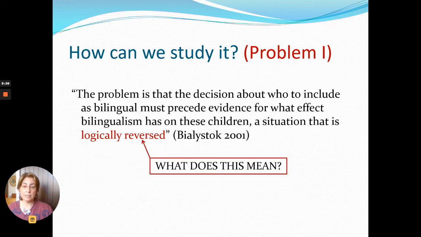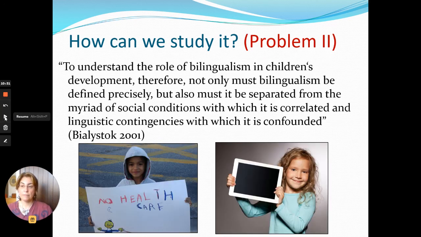What does that mean? That means that you are studying whether multilingualism has any effect on people. But first, you have to characterize the people that show the effects of being multilingual. So it is a little bit circular, and it is a problem because you decide who counts as multilingual in part based on your decision of the effects that multilingualism has on people. For example, that they present certain characteristics, that they call themselves multilingual, for example.